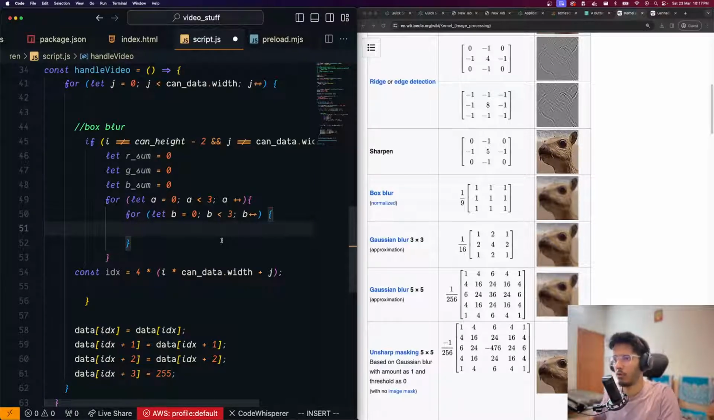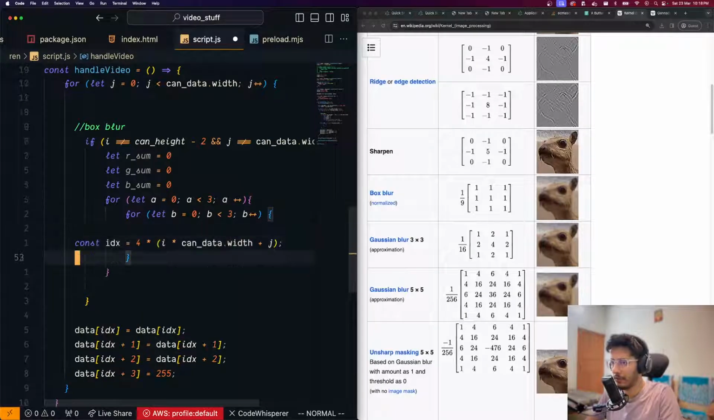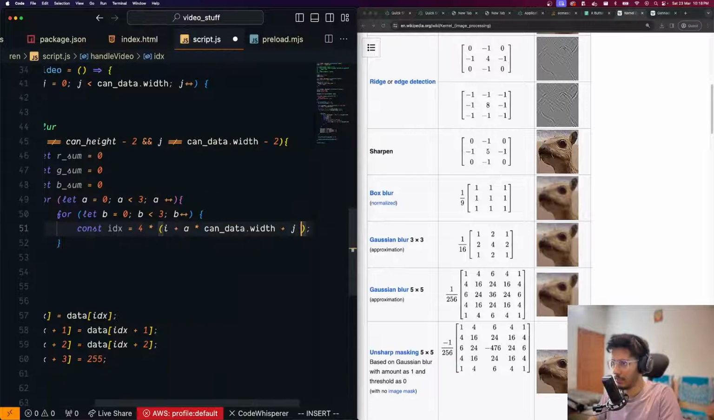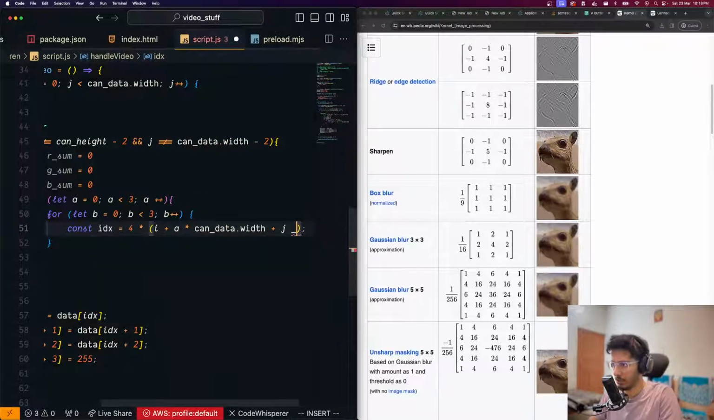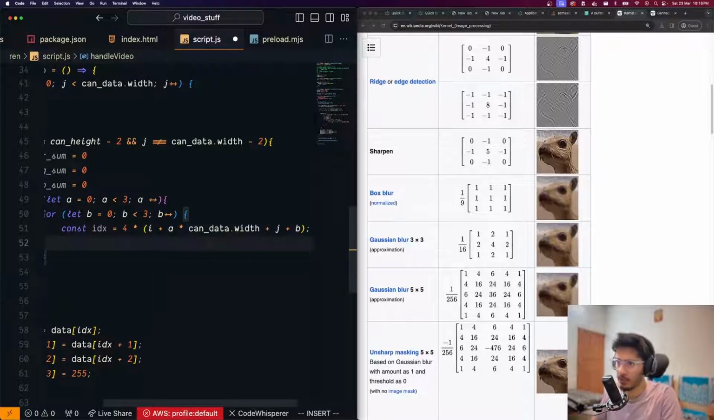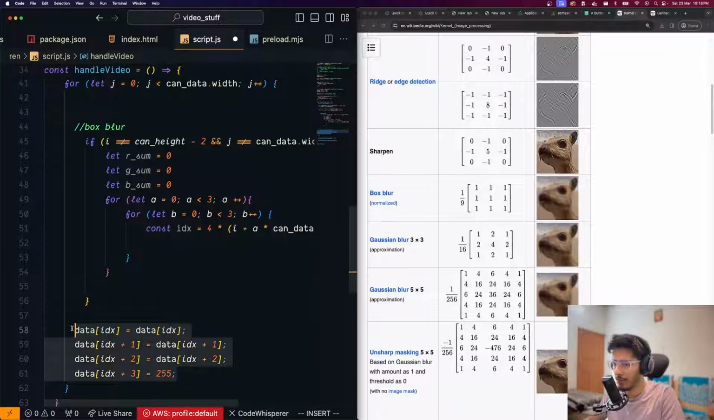So we want to get the index again, right? And then we want to be able to say go i plus a, and j plus b, right? So yeah, I think that will work, and that's the index. And then we can do all the manipulation over there. Is that how you do it? No, that's not how you do it. So then what we can do is